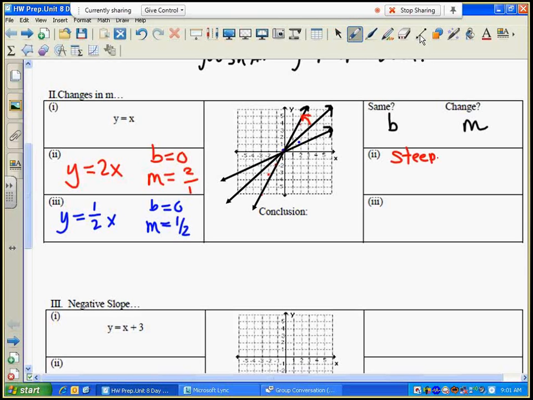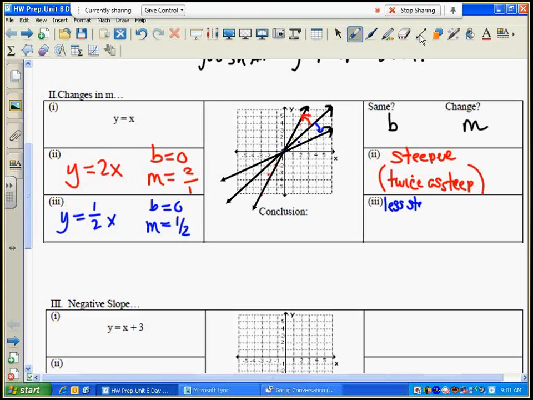So as you go from a slope of 1 to 2, it's going to definitely be steeper. Matter of fact, you can go so far as to say it's going to be twice as steep, twice as steep. Okay, well, the third one, as we go from the parent to the y equals 1/2 x, you can see visually here that this one's going to be less steep